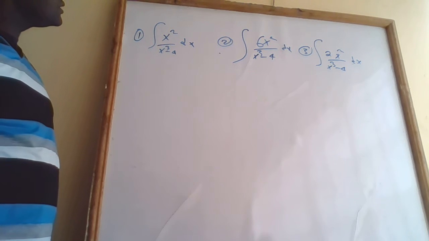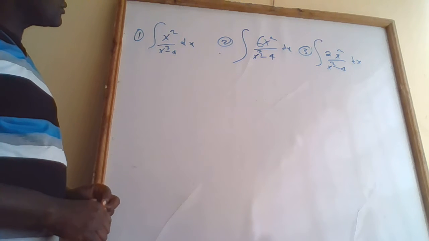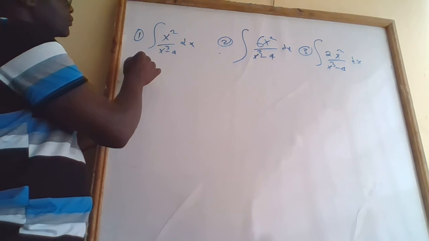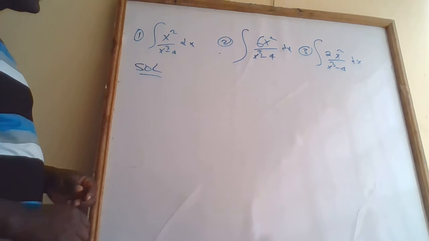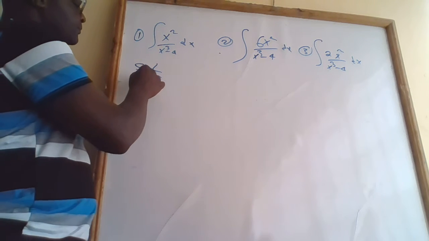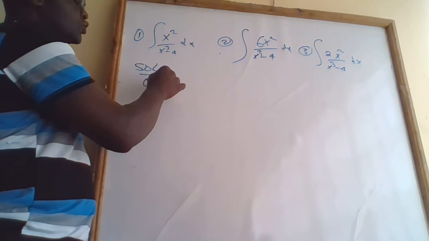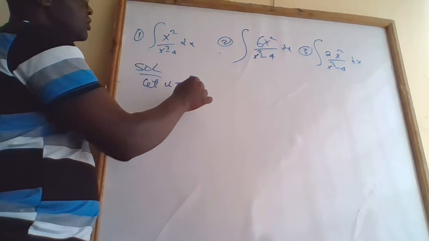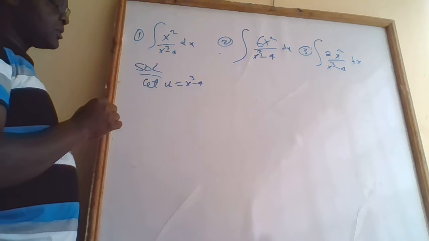Integrate x squared over x cubed minus 4 dx. Solution. For us to get the integral of this expression, we shall let u equal x cubed minus 4. Therefore, the integral becomes